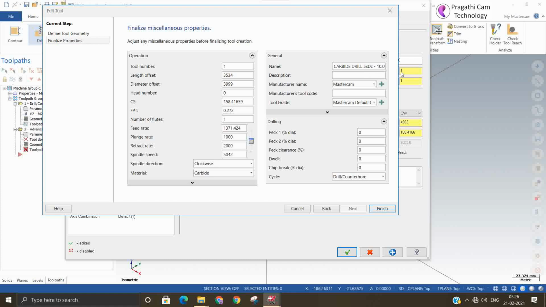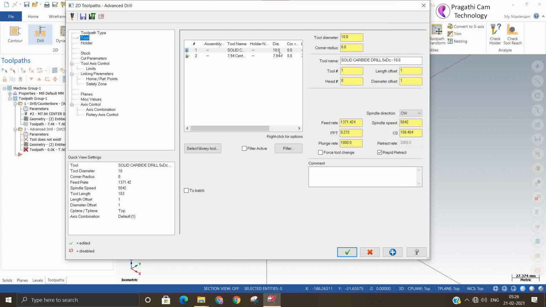So by changing here, you will get the exact dia tool. But the name written is 10, and actually the 12 dia was there. So sometimes this makes a lot of confusion for the operator and the programmer, because you use the 10 drill only, but in the name it may be giving 12 dia. So there may be a lot of confusion. It's better if you rename the tool, keep it the same. Okay. So you can change the feed rate and spindle speed. So now we'll go to the next page.